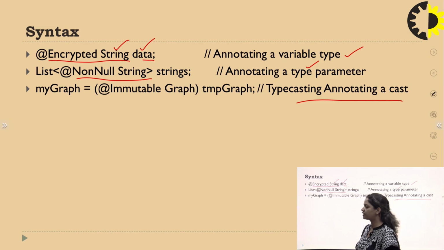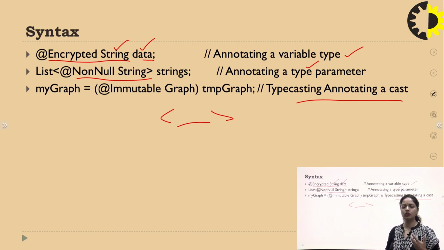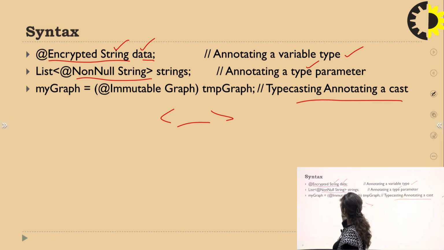In the next case, we put the annotation name in a generic data type. What is a generic data type? It is the one held between the less than and greater than symbols. I will tell you about this generic data type in a later session. We can put the annotation in this generic data type also.